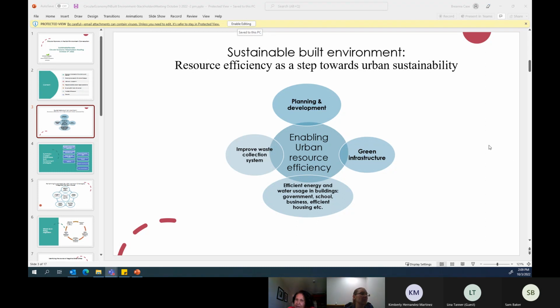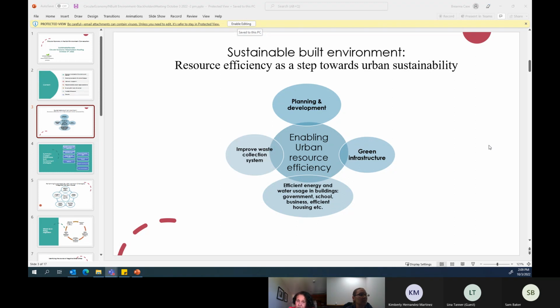In the building, we focus on solar energy, renewable energy, and others. We use them to reduce energy consumption and for water conservation, because there is embedded energy also in water. That is what we have been doing for a sustainable built environment.